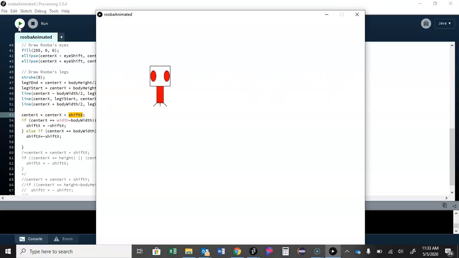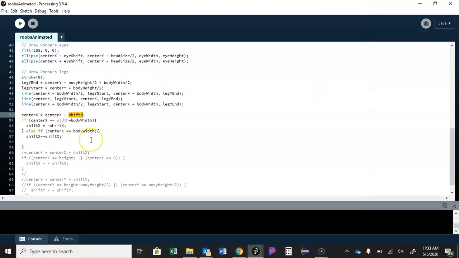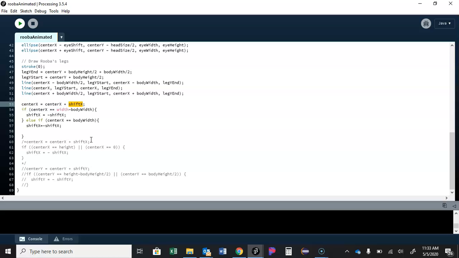So, and that's our speed. Our little guy is bouncing back and forth between the left and right sides of your window. Now, if I want to comment this out,